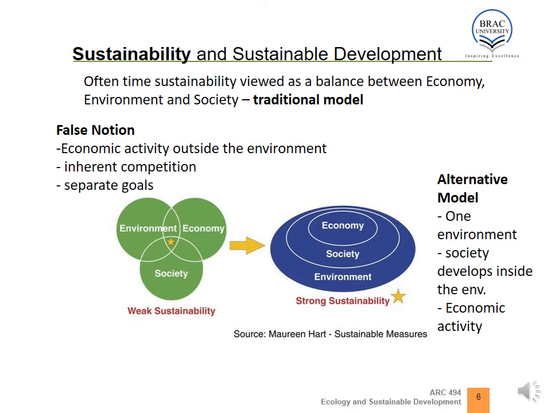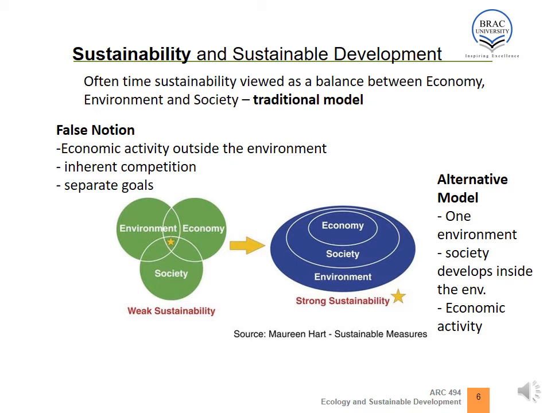Oftentimes, sustainability is viewed as a balance between economy, environment, and society. This is the traditional model we have. But the false notion is that economic activity outside the environment is nothing but a hoax. Inherent competition between those individual elements sometimes can be puzzling. Separate goals can be derived, but we want to see these three paradigms as holistic or inclusive items,